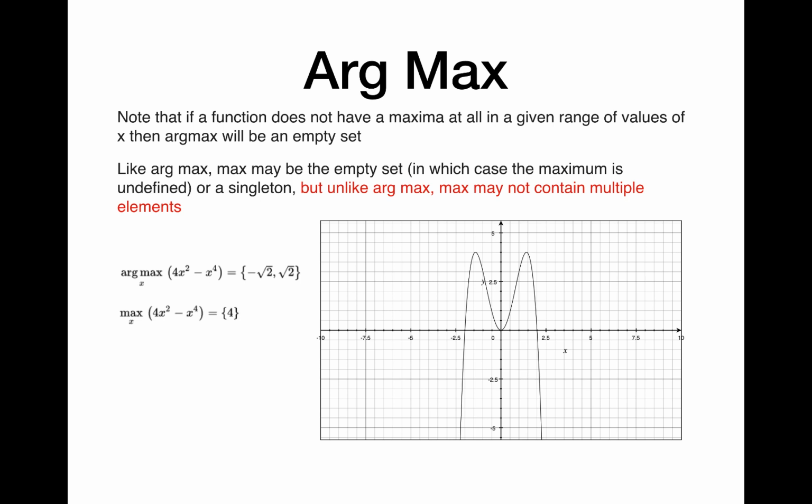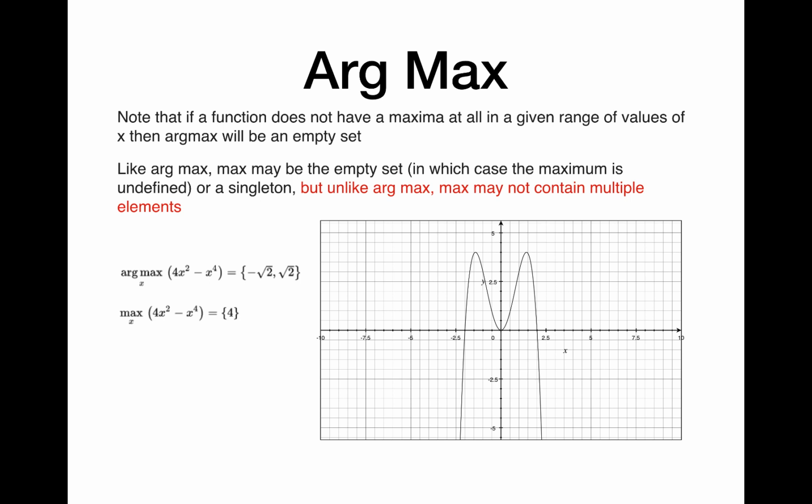So if you take the maximum of that function, which is defined as 4x² minus x⁴, over all values of x, then it gives you 4, even though there are two maximum values, two peaks you can see from the diagram, but those two peaks have the same value, 4. So maximum returns you a singleton, or a set with a single element,